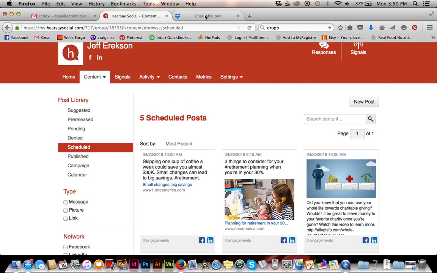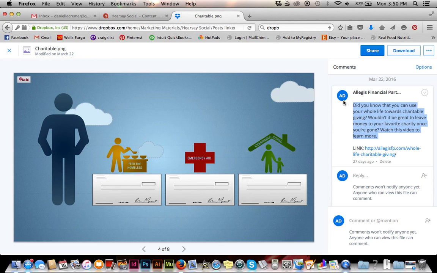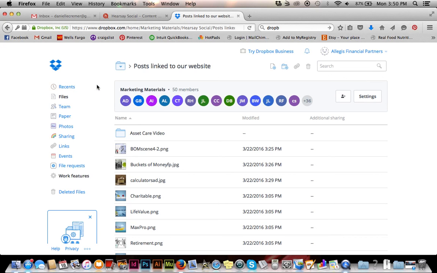There are a bunch of photos in here for you guys to use. They all link to different parts of our website, and they're really great and easy to use. So I really encourage you all to go in there and start